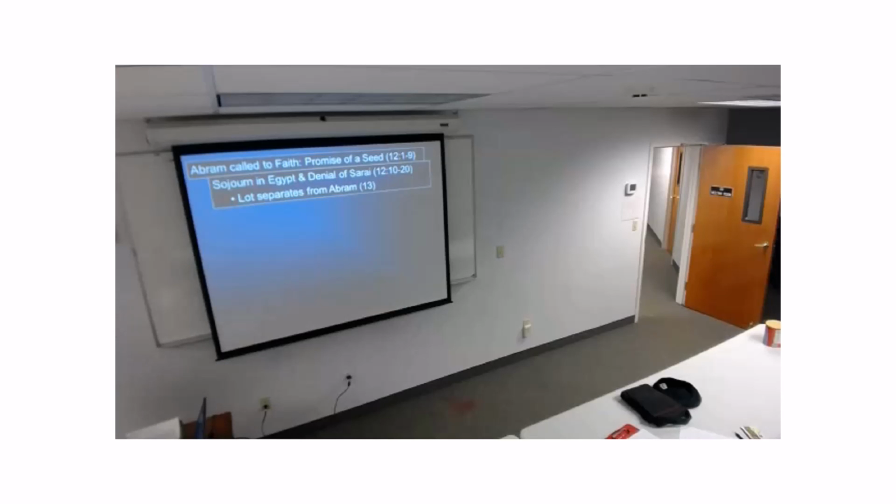And then you have the separation of Lot from Abram. Once again, is Lot going to be the descendant? No. But as both Lot and Abram grow, there is conflict between them. And you see here some real interesting patterns. Abram is the one who observes this problem, and he tells Lot, you pick where you want to go, and I'll go the other way, which would have been the opposite of the cultural pattern, which is, Abram is the uncle, and he can say, I'm going here, you go the other way.